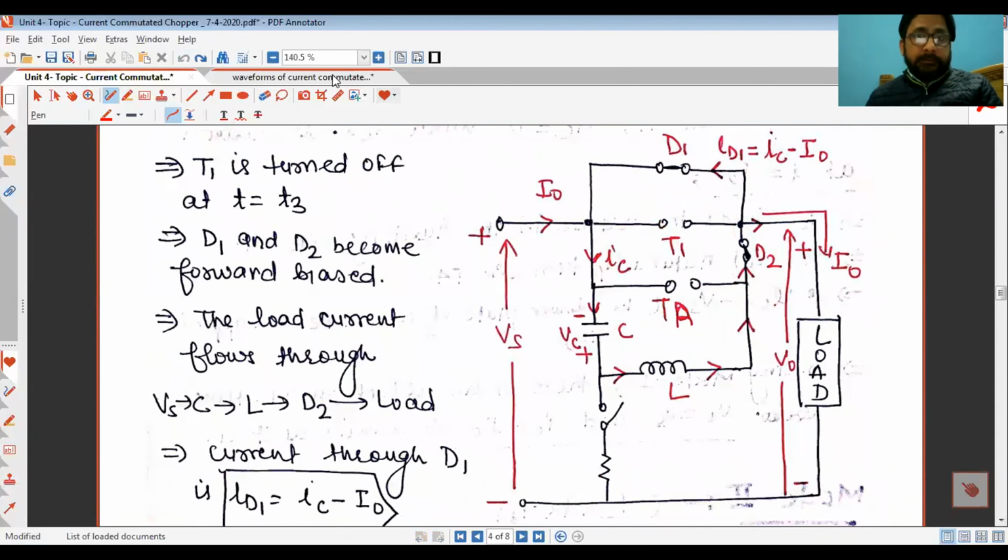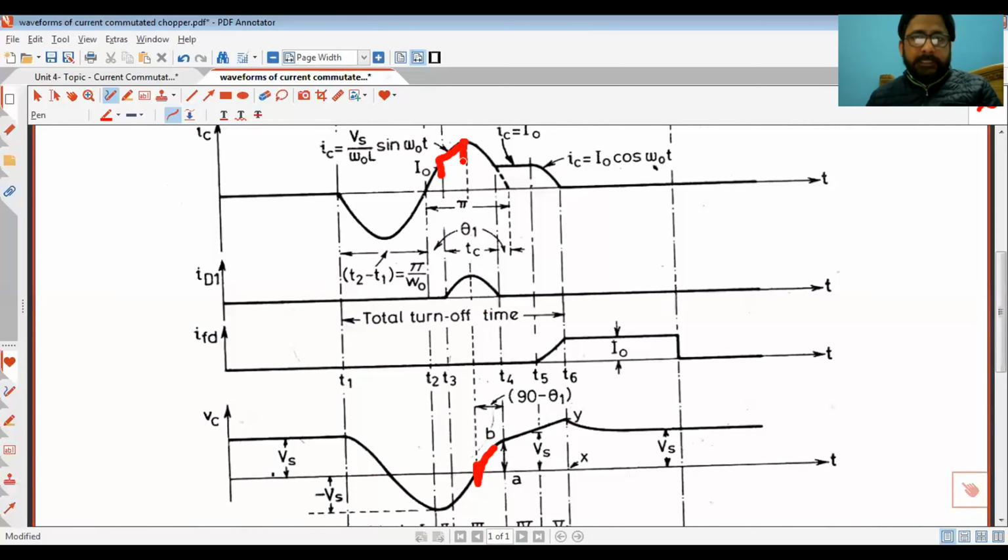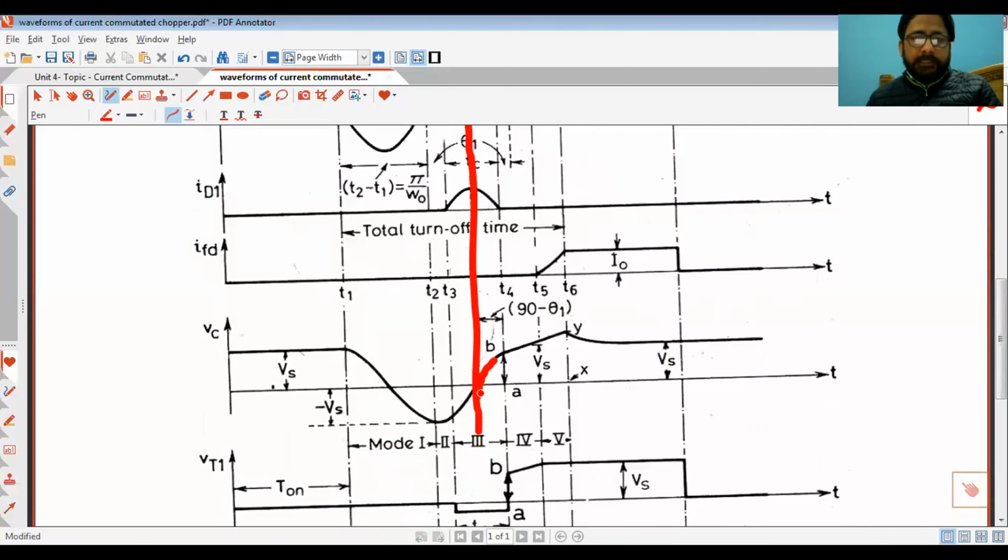So you can see it in the waveforms also. It will reach the peak value where the capacitor current becomes peak. You can see the voltage across the capacitor is zero, right? Now the voltage across the capacitor will tend to reverse in the actual positive direction, and it becomes some positive value, which is not equal to Vs, some positive value, which is some VBA. This one, ये Vs है, यहाँ पे ये Vs है, and you can see that this is some VBA,